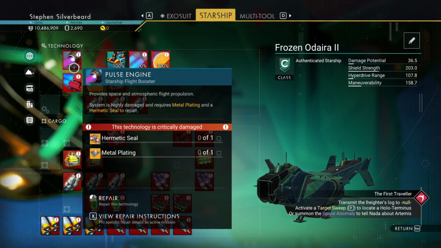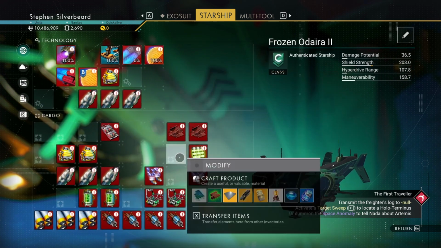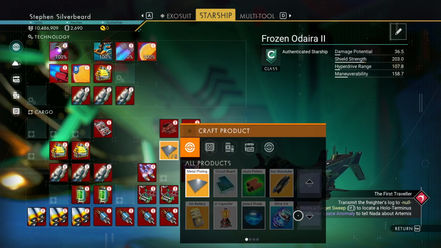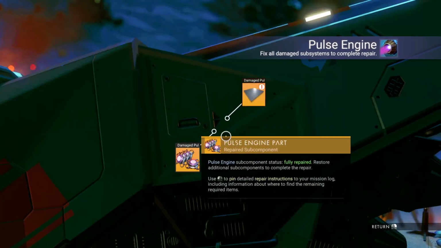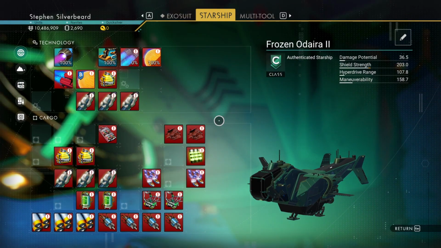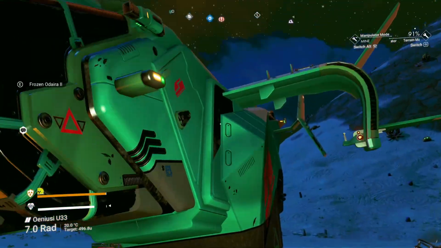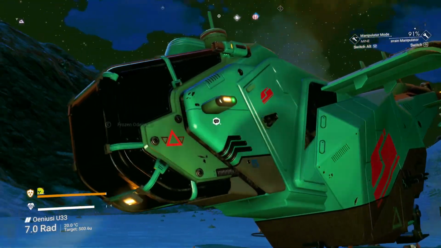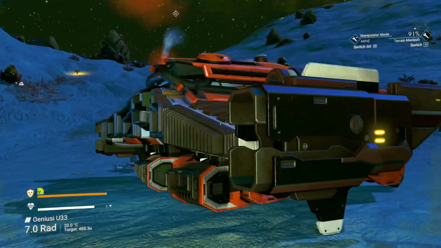And I think the only other thing we need to repair is the pulse engine. So make one of those. Can we make a hermetic seal? Yep. We'll do the minimal level of repairs that we need for it to take off. And then, I quite like the wings, but at the moment I'd rather have the cash. So